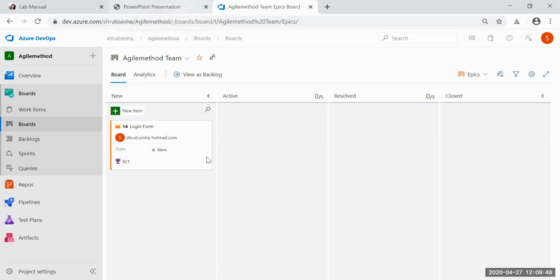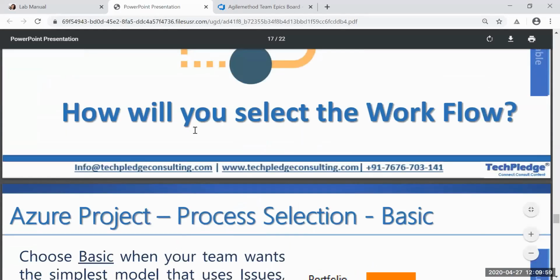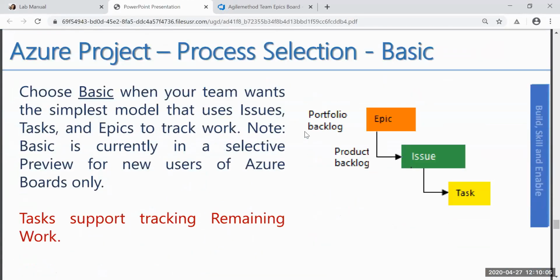But one last thing: when will we use the basic and when will we use the other? That depends on your company, what process your company follows. Every company has its own different way of following a process. So here, if you see, I have given the details: what you have in mind, how you want to manage your project.